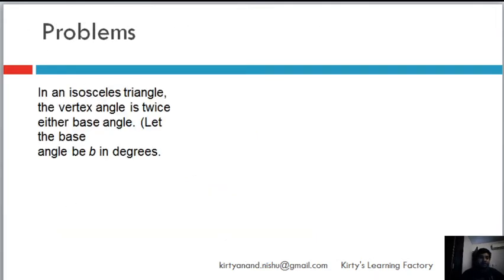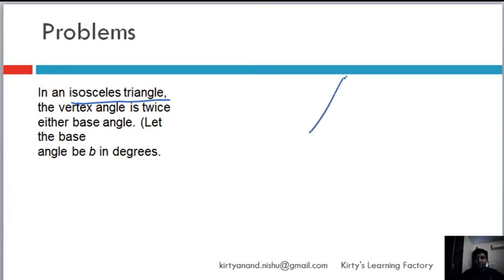Now let's solve a problem. Now this is a problem which is a good problem. I mean, it's an easy one, but it is good in the sense that it brings together the concept of triangles, and within triangles the concept of isosceles triangle. Yeah. Do you remember isosceles triangle? In class 6th we had studied triangles and we also learnt isosceles triangle. So let's first jog our memory and see what is an isosceles triangle.